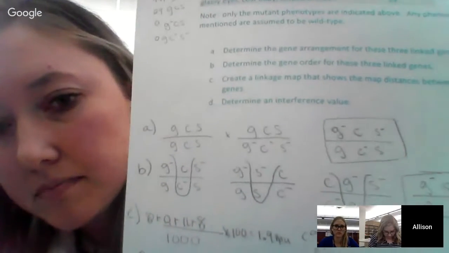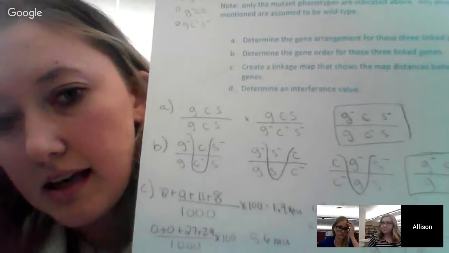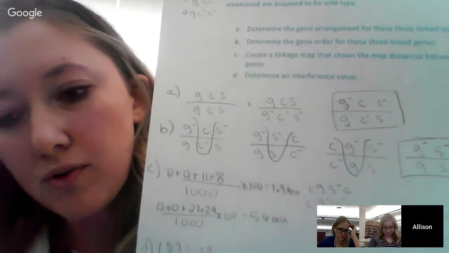So to find the gene order, we write down all the possibilities, and then find the one that will give us the double crossovers, which are the least numerous. So I got wild type eye, wild type thorax,